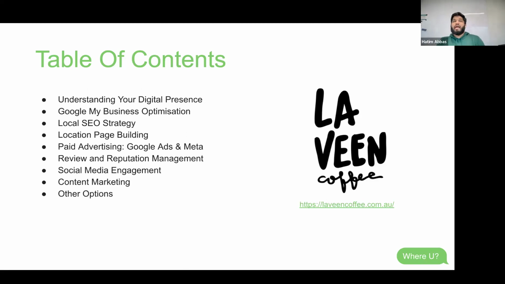Let's take a big example, Amazon, right? There's so many different places in different countries where Amazon sells its product. But if you go to the Amazon US website, you'll be directed to a website called amazon.com/US/. But if you go to the Australian website, you'll be directed to a website called amazon.com.au. So even Amazon optimizes its website for a certain locality. When you go to Amazon, it shows you delivery options according to your suburb, according to your location, wherever you are. Uber Eats is another big example.